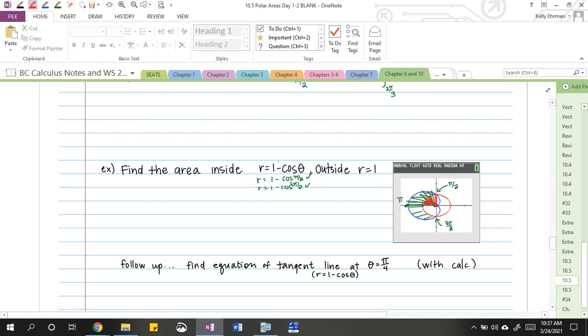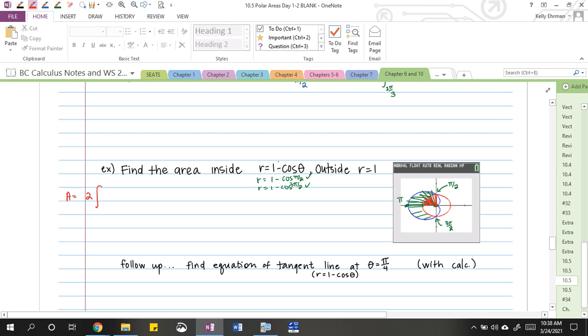Okay, so let's do a quick double check. If I put in pi, I get 1 minus minus 1, which is 2, and that's 2 units out there. So I do have my points that I need. All right, so let's set this up. We're going to use symmetry for this. So the area is 2 of the blue areas. So 2 times the integral from,